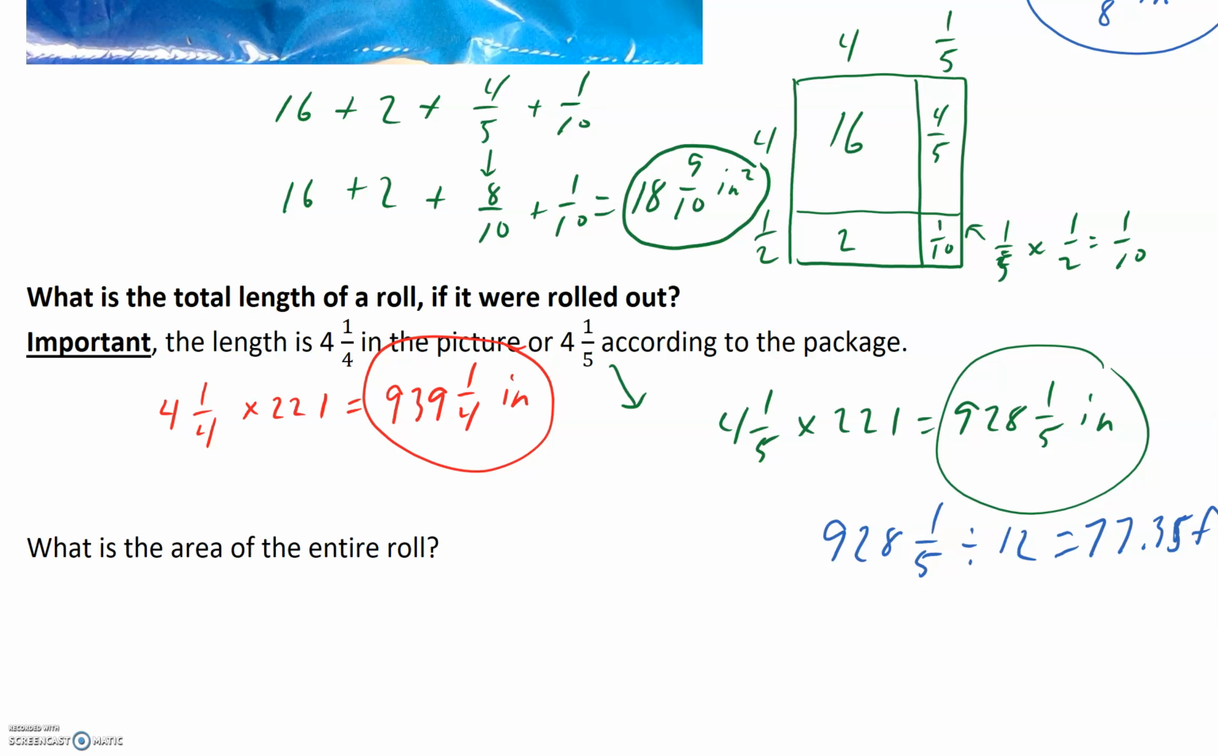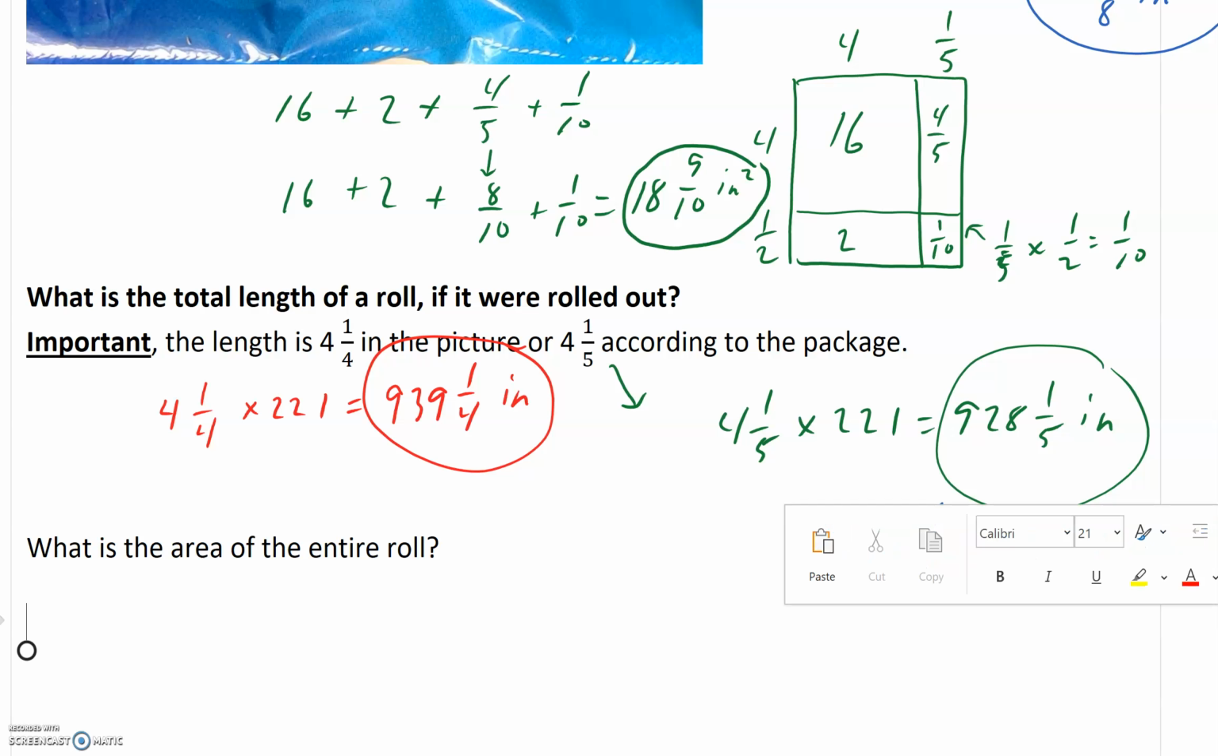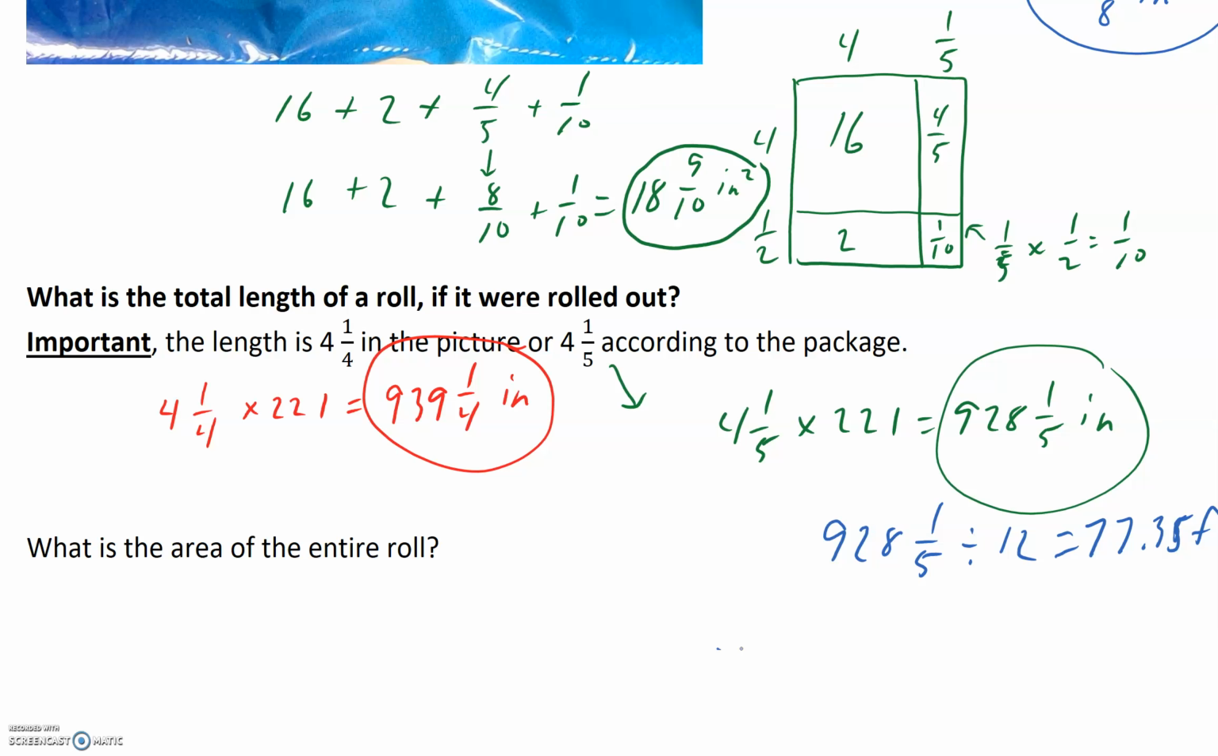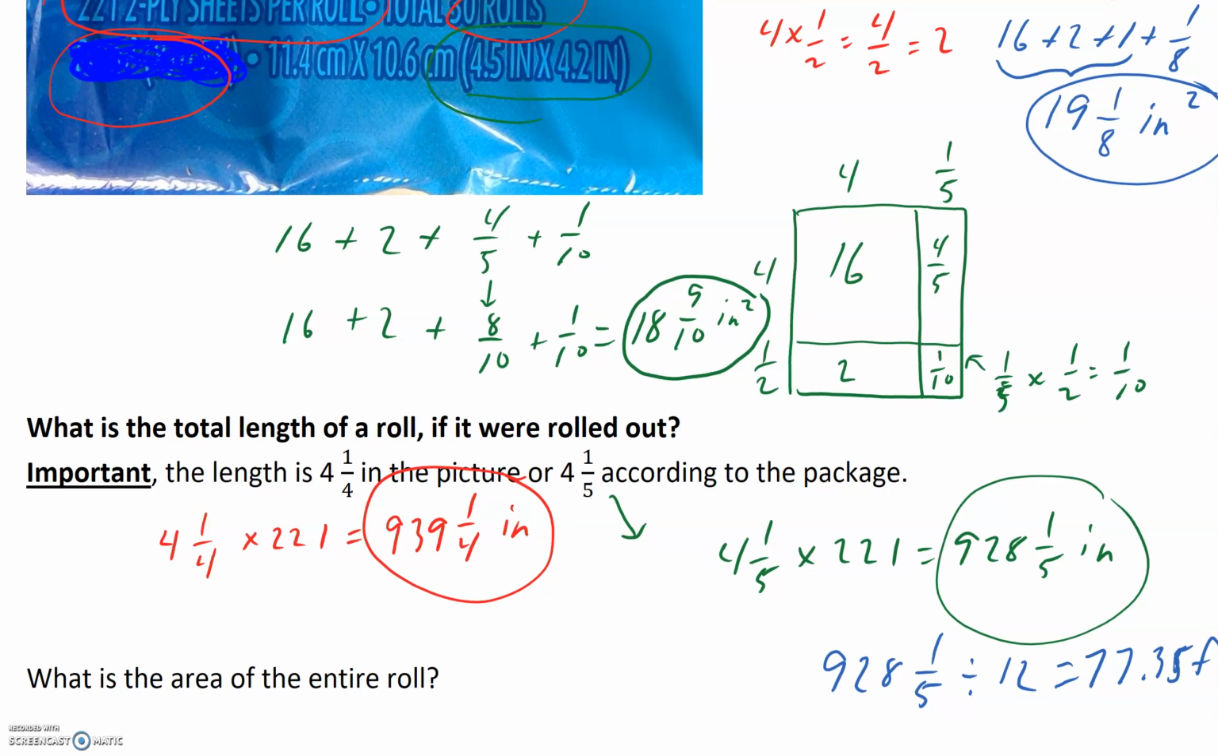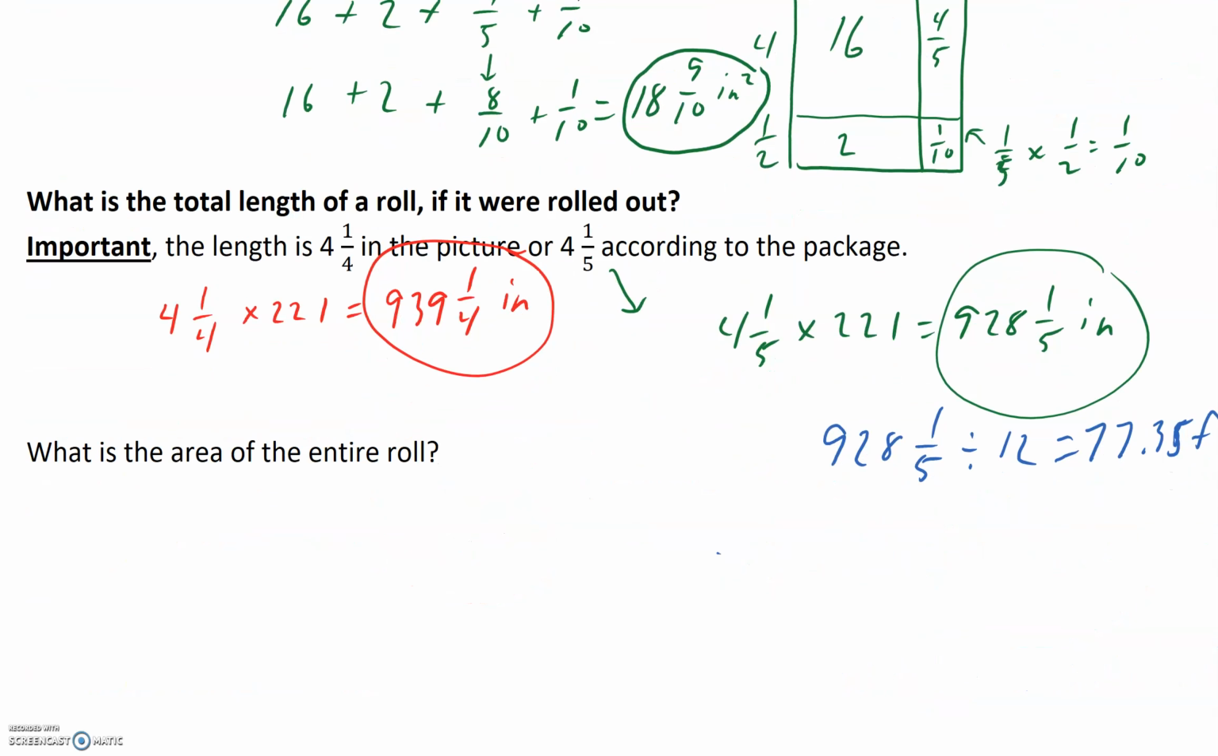Okay, what is the area of the entire roll? The area of the entire roll, we got to take our answers from the problem before that, right? So if we use 4 1/4, that was 19 1/8. So if we use 4 1/4 by 4 1/2, that was 19 1/8 inches squared. Remember that? So if we use that, we're going to multiply that by 221. So if I did that math, let's see how I did. That would be